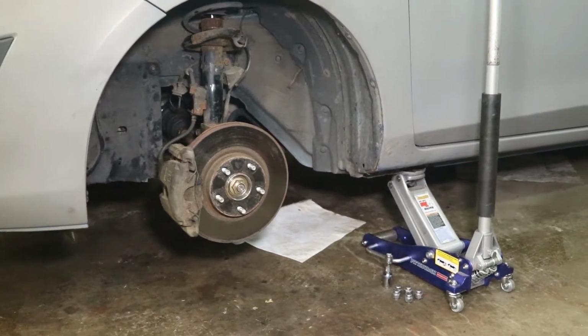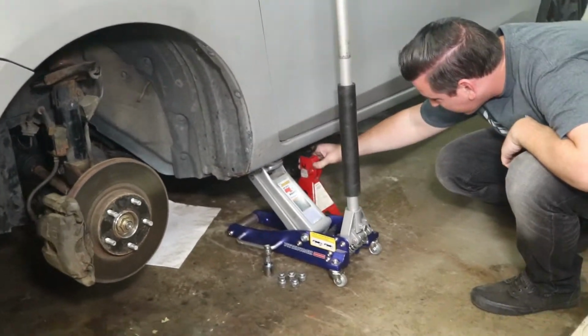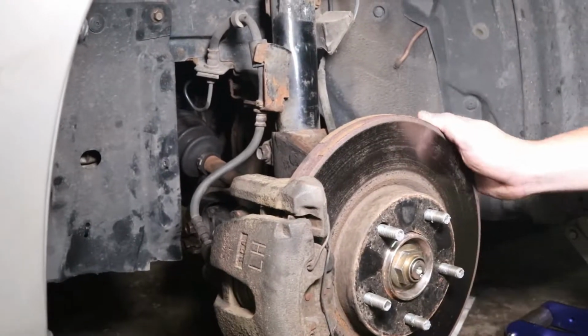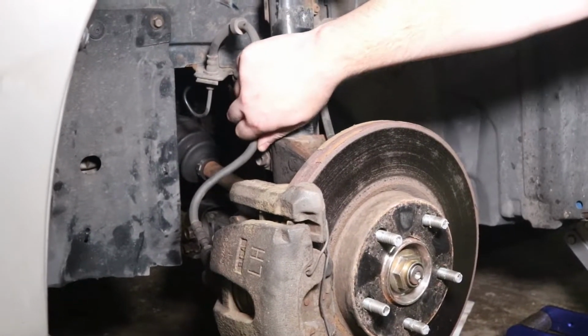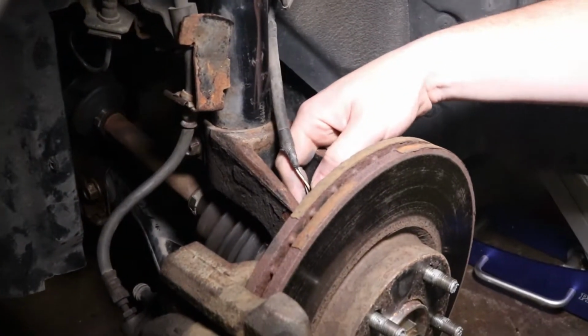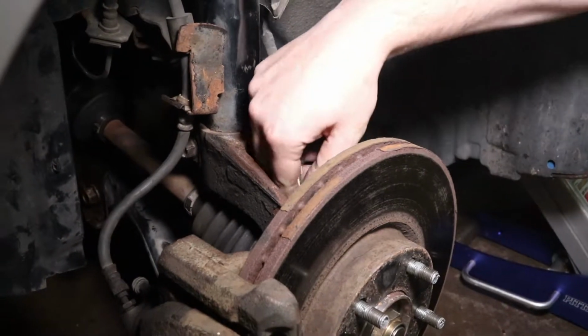Forgot to mention it's good to put a jack stand under the side of the car before you start taking the wheel off. Two things you want to make sure you do before you get too far would be remove the brake line from the retainer and unplug the wheel speed sensor from right here. It's just a pinch and pull,